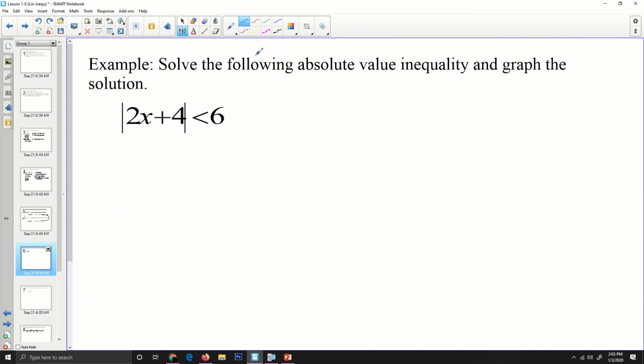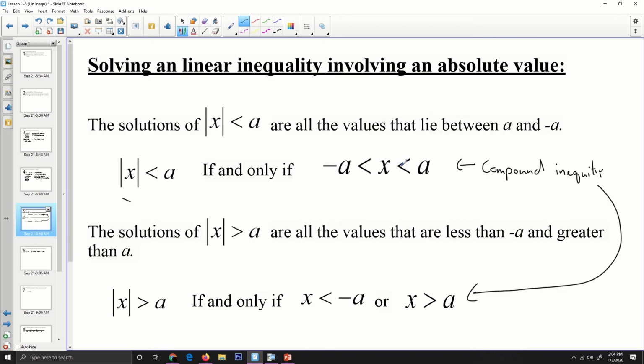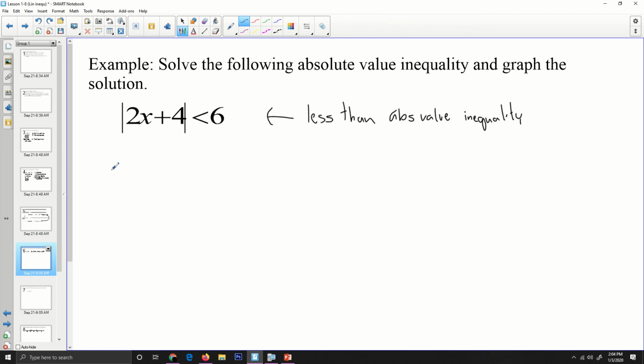Says solve the following absolute value inequality and graph the solution. So the first thing we're going to do is we're going to solve it. Since this is a less than absolute value inequality, we are going to use this form right here since it's the less than. So what we're going to do is we're going to say that negative 6 is less than 2x plus 4, which is less than 6. All right, so this is my compound